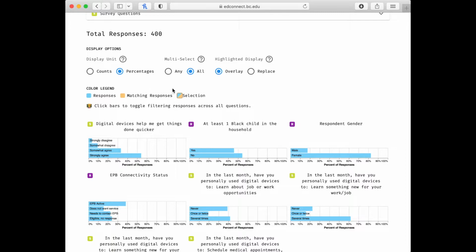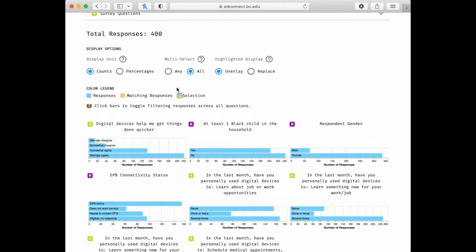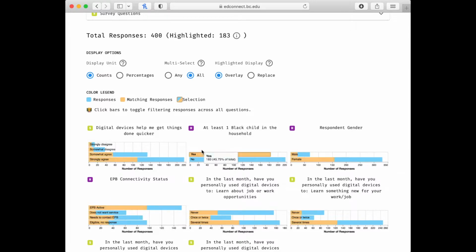Next is the multi-select feature, which can be a little bit tricky, but we're going to go over it 2 times. When you have multi-selected all, this means that when you click on a bar, it becomes highlighted orange to signify who it is representing. But if I were to click yes to at least one Black child in the household and strongly agree to digital devices help me get things done quicker, the orange now represents in other bars parents who responded in that way to both of these questions. However, and you can see that that represents 110 parents given this top bar,